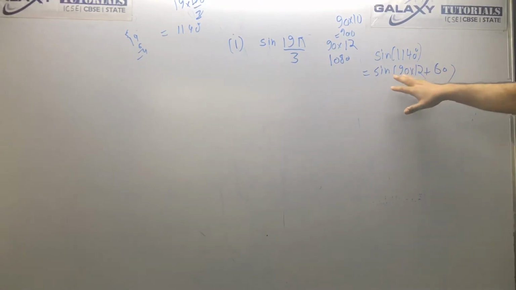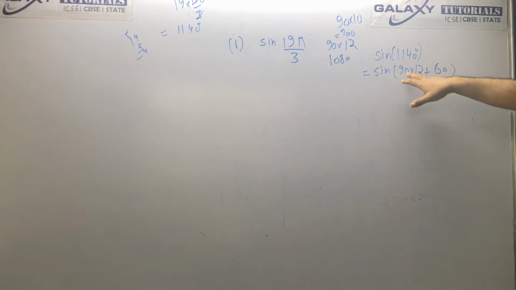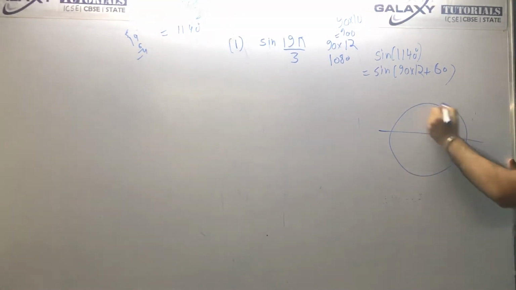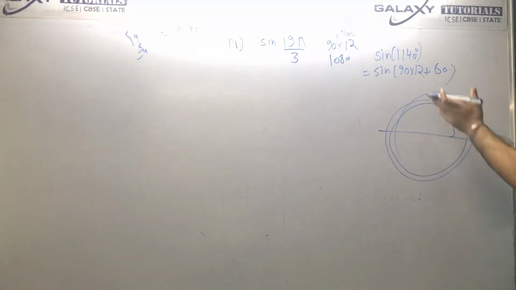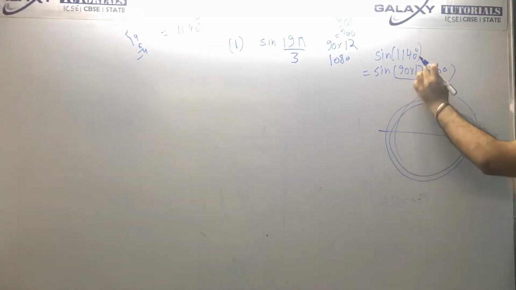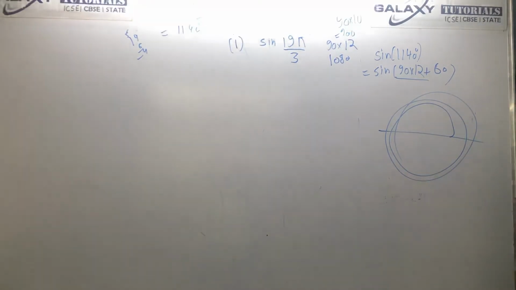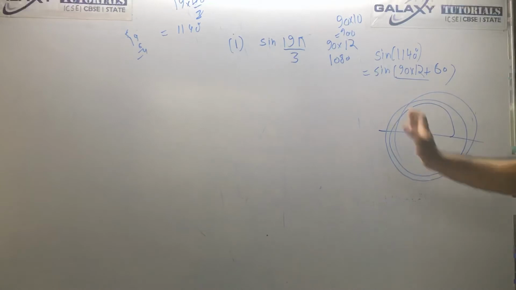Now you can solve. You know that it is even. But if you have to find the quadrant, how many times do you have to rotate? 1, 2, 3, 4, 5, 6. You have to rotate that many times to find the sign, because this is being rotated 12 times. So this way it is going to be very tough for you all. So don't follow this method. I will show you another method.